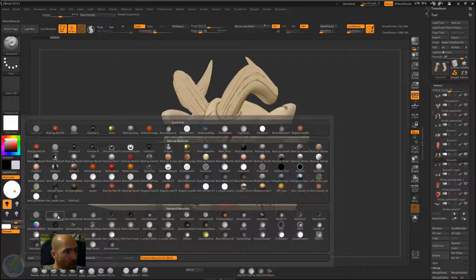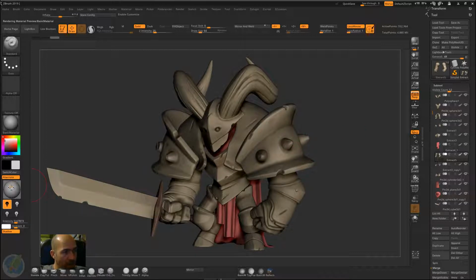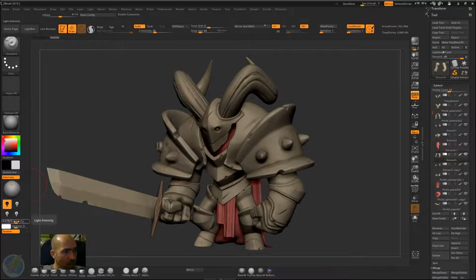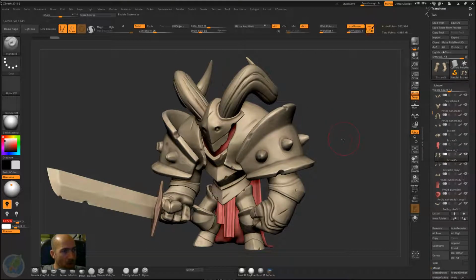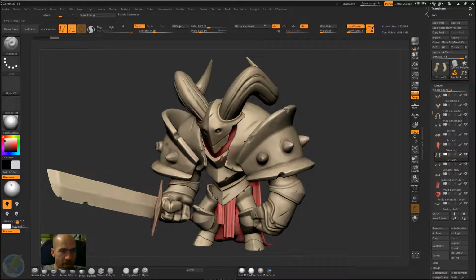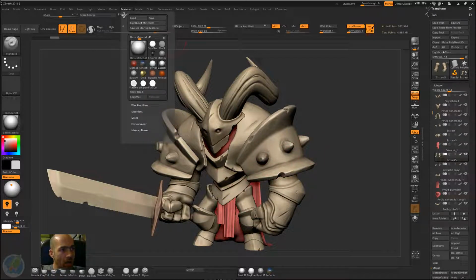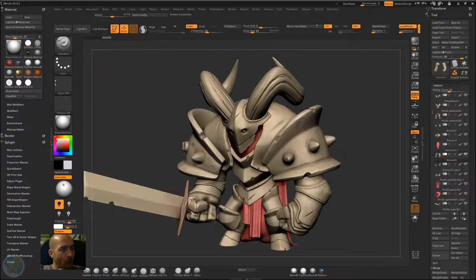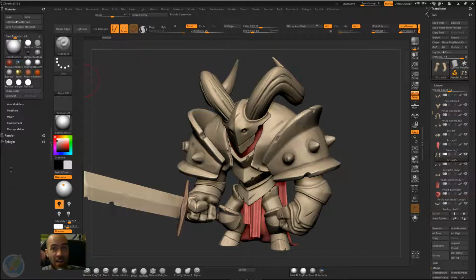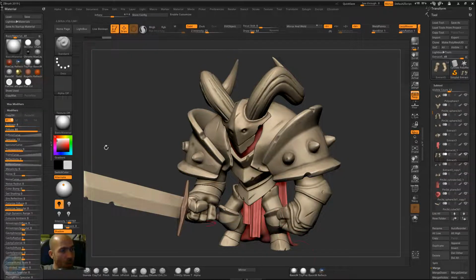We will go to the basic material, and now we have shading, and we can adjust our light. We can make it a bit brighter, and now it's kind of fine. So those are materials. We can go to the material window, which is here, material, and just press this to dock it, and we will have our material settings. Those render and zip plugin are not a concern of ours. The thing is we have to open the modifiers, and since now we are on the basic material,